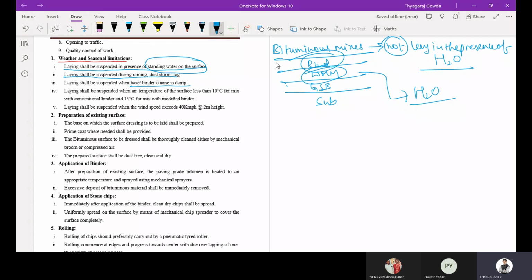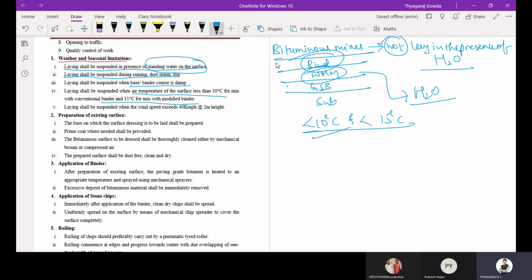Laying shall be suspended when the temperature of the surface is less than 10 degrees Celsius, and 15 degrees Celsius for modified binder. Why?